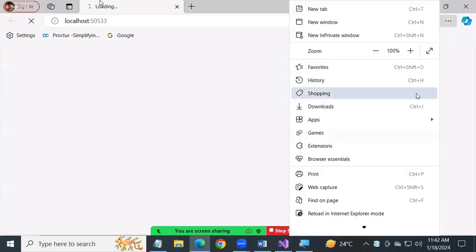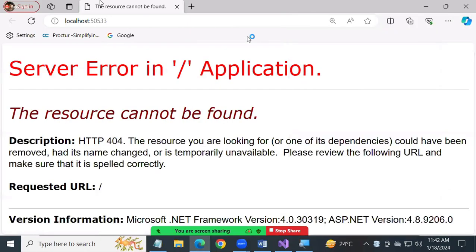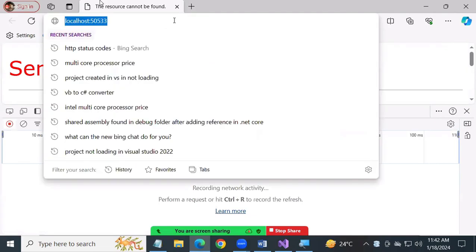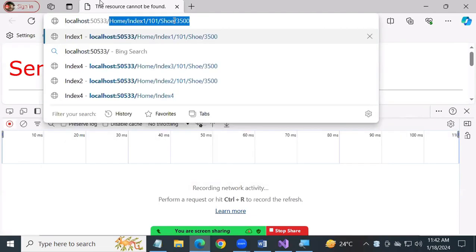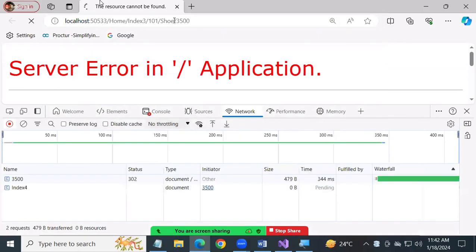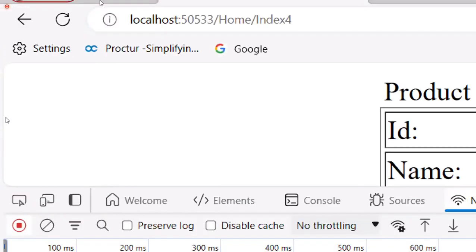Keep the network tab open. Sorry, F12. The network tab. Come on, let's send the request. Which method? Index 3. Now also we can see